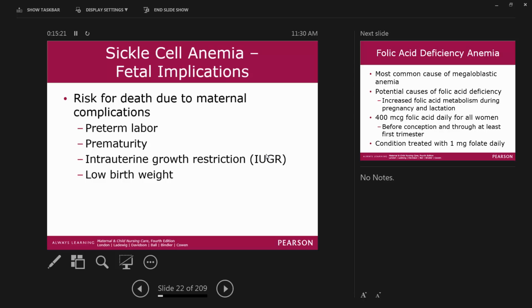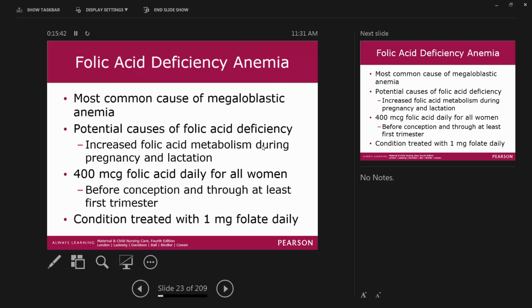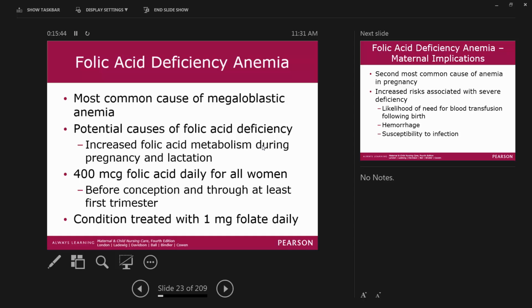Whereas the asymmetrical growth restriction is where the baby did fine the first half of pregnancy, and somewhere in the second or even third trimester, that's when the insult happens. So everything has developed normally, but now the continued growth is restricted. So these are babies with really huge heads and really small bodies. Well, not really huge, but